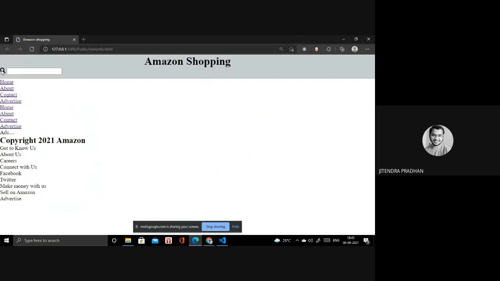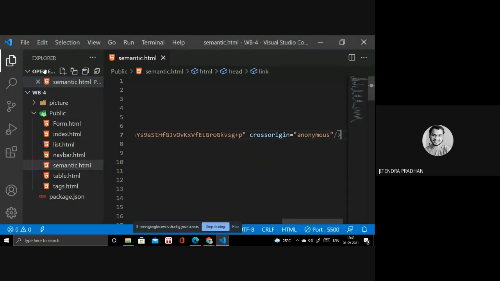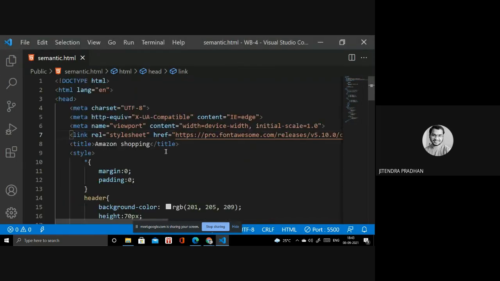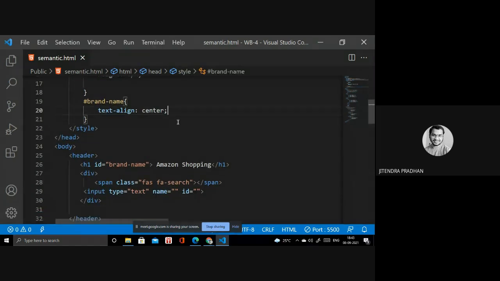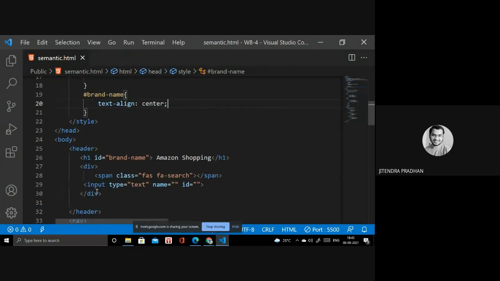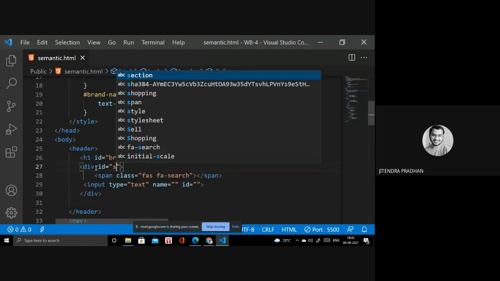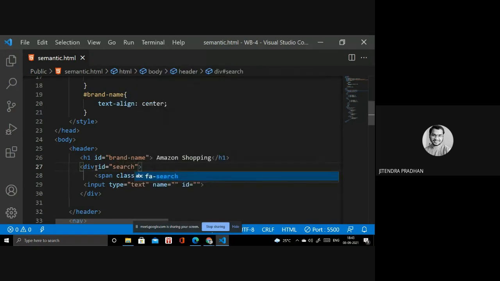So it's done. So if you want that on the right side, then you have to use something inside that. I will change the brand name. Brand name is other, but I need to divide its division. I will give another one, its ID, like search. So inside the search, I will design.